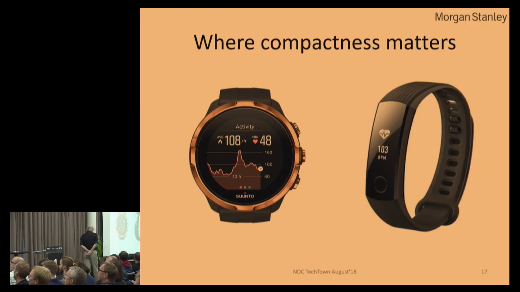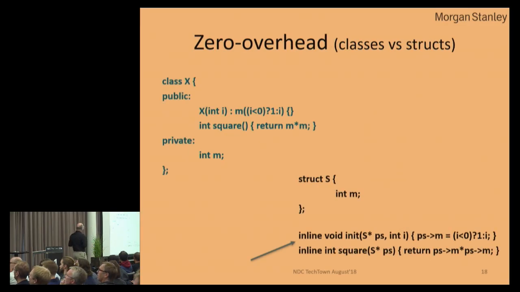So I'm going to do 2 sort of almost case studies. First, I'm going to look at things where compactness matters, little gadgets mostly. And then I'm going to talk about when we can have the full system, full language for larger things. It roughly corresponds to whether you're near that low level where use of hardware really matters, versus where you can use your full abstraction mechanisms. So let's look at where compactness matters.